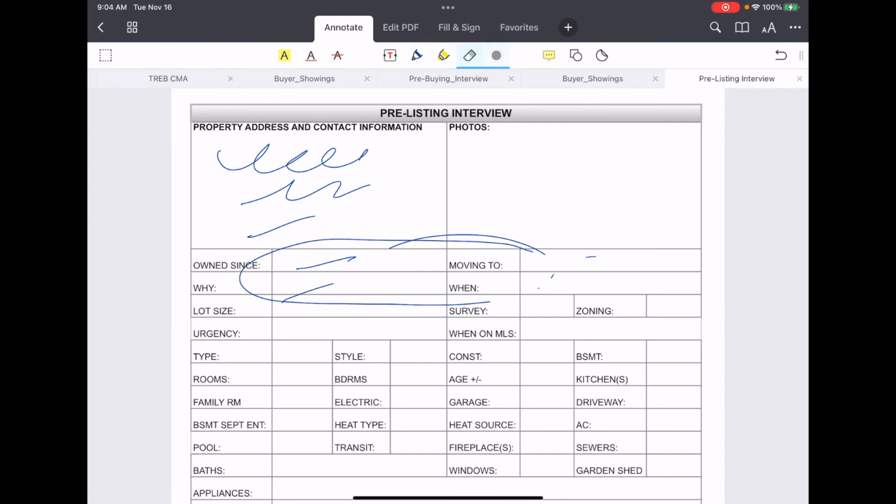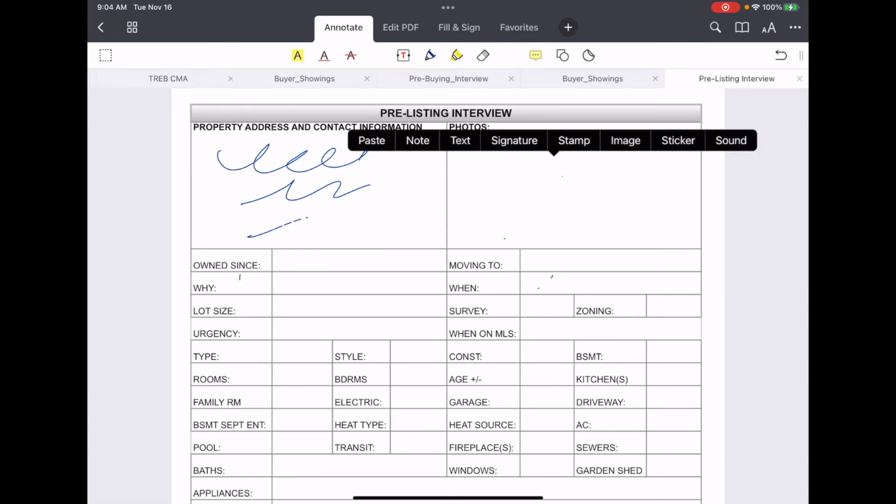I'll just get the eraser and get this out of here. So I have my space here. In the upper right, I can put a photo or as many photos as I want to. I'm just going to hold my pencil down hard on the screen, and I'm going to go to image, just over here,